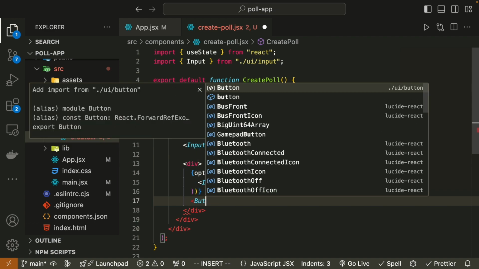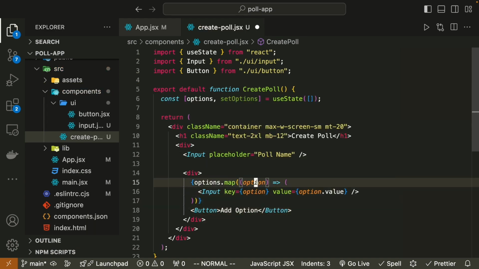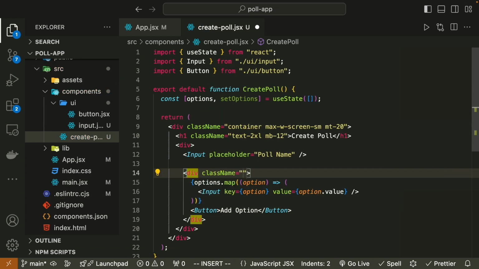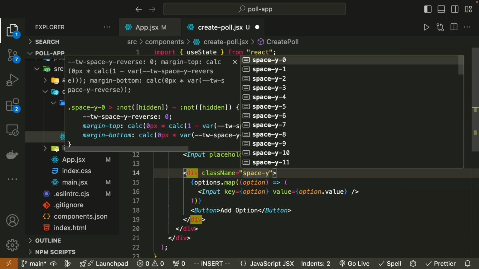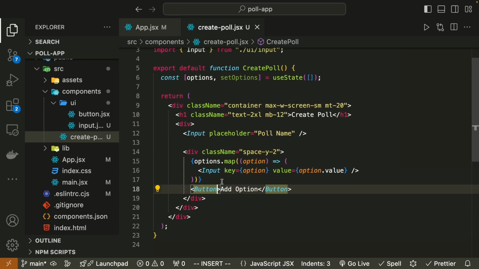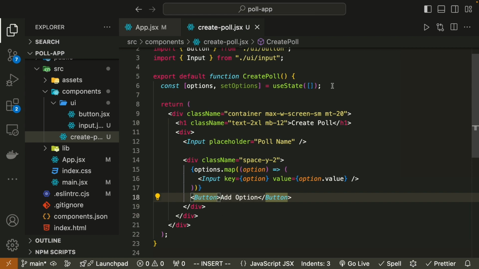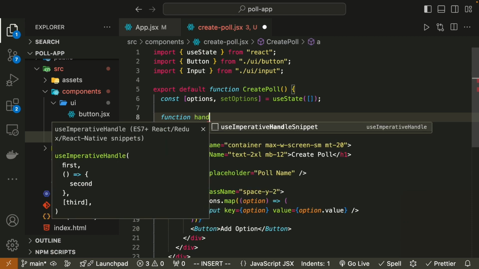Let me have a button called add option. Okay, and inside this div, let's have some space on the vertical direction, space-y-2 is fine, I guess. Now once you are clicking on this add option, we want to fire this function. So handle,